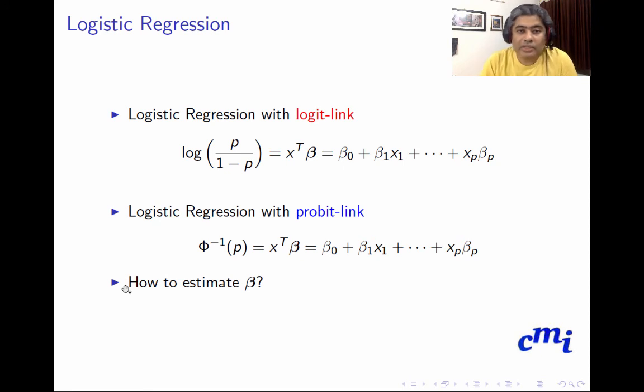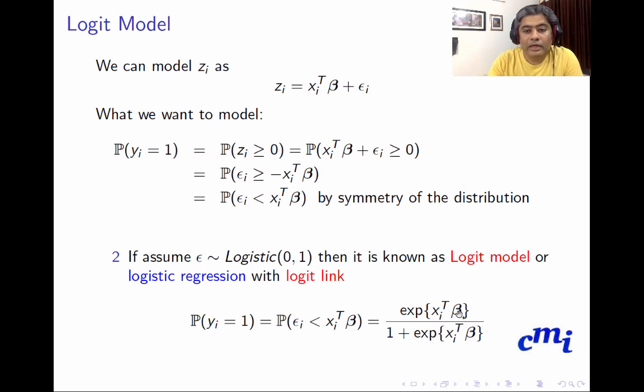Now the question is, we have defined the logistic regression model for our binary class event problem. The question is how we estimate the beta. If I know the estimate of the beta, then the problem is solved, because all I have to do is plug in the x value of xi here, and that will give me the probability of yi to be 1, or the probability of bad loan.